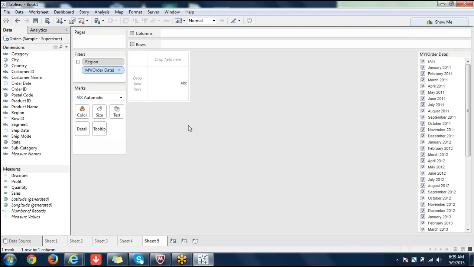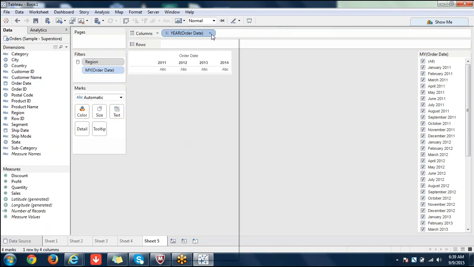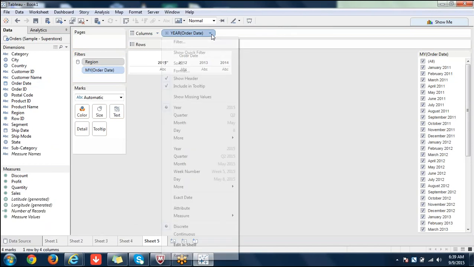See, Sam, for such things, you have to use quick table calculations. When we get to calculations, I will show you clearly how to achieve such a report. Calendar or filters don't have anything to do with it. So what you have to do is create a quick table calculation. I will try to show you. As of now, I'll just show you briefly, I will not take much time on this.